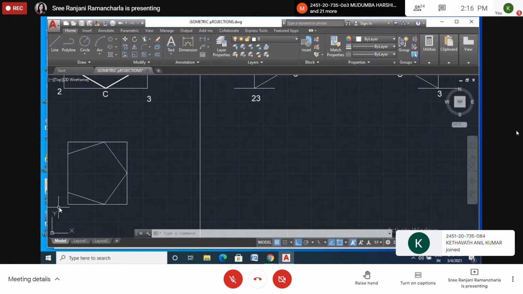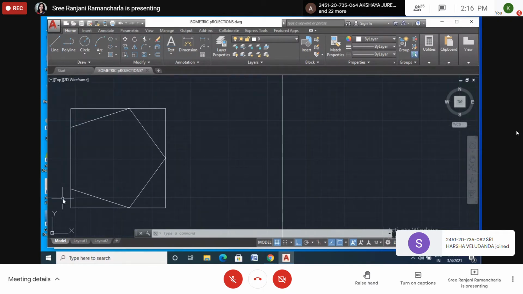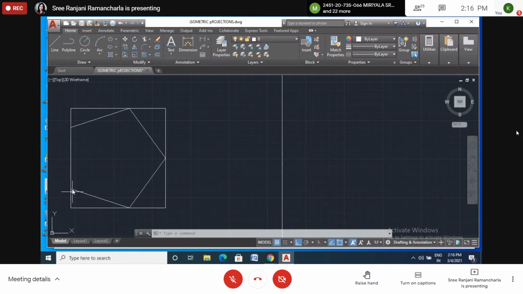Draw like this, and this position. What is the difference? What is the distance? From this corner to this corner of the polygon is equal to this corner to this corner of the polygon. Okay, similarly, this is equal to this one, and also this is equal to this one. Of these two, you can measure either this or this. If you measure this, no need to measure this one because both this corner and this corner will be on the same projector.